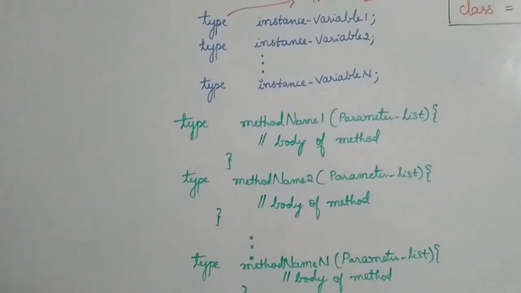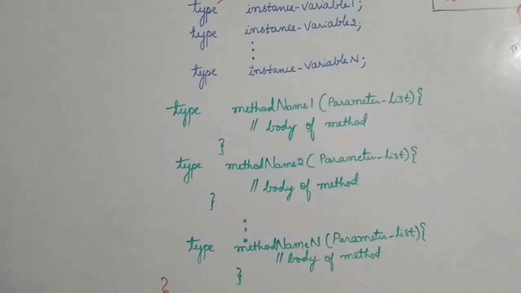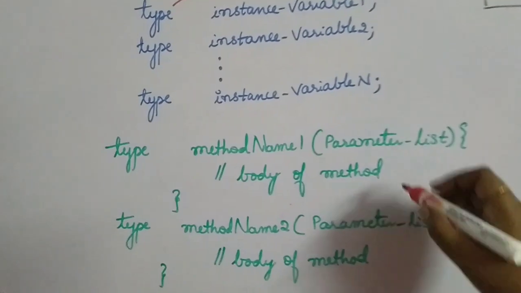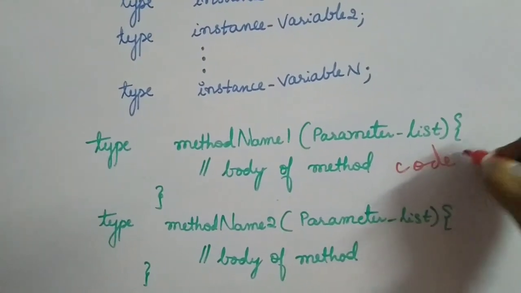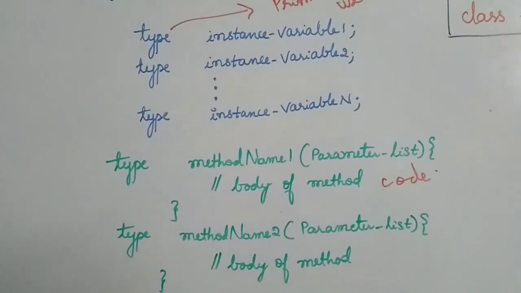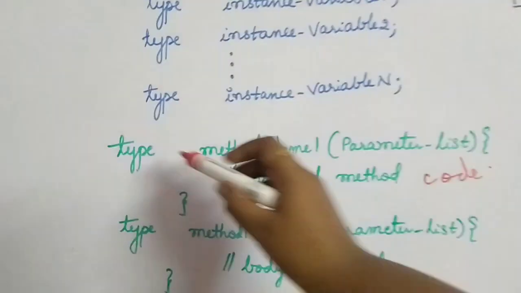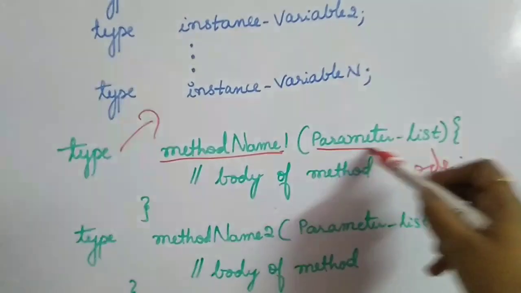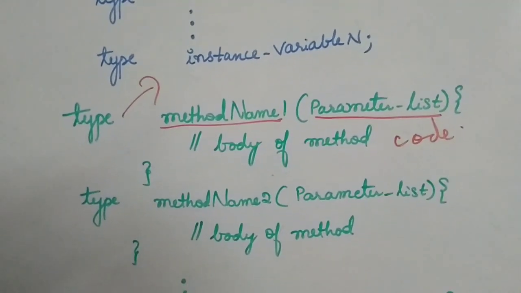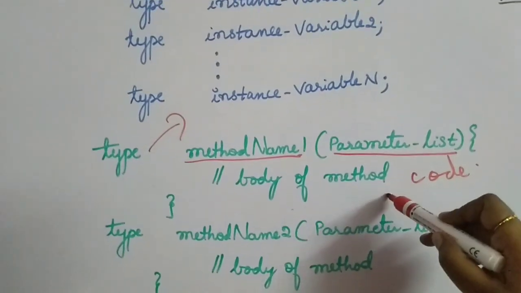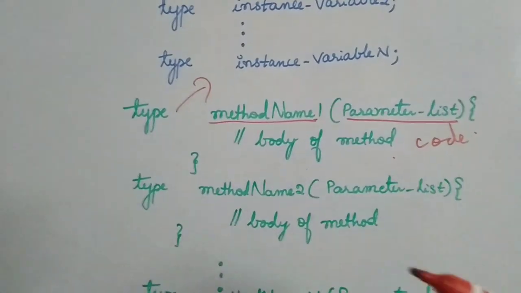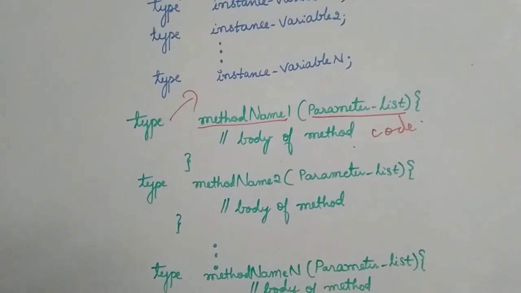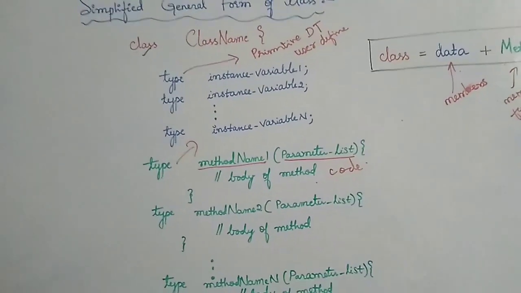And then you have the methods. All the green color thing that I have declared are the methods. What does this method include? The body of the method will include the code that will act upon this data that we declare. The type declares the return type of the method, and this is the method name, and then the arguments list or the parameters list that go into the method, and then the body of the method. How many methods can you have? You can have n number of methods based on your requirement. So this is all about the class.